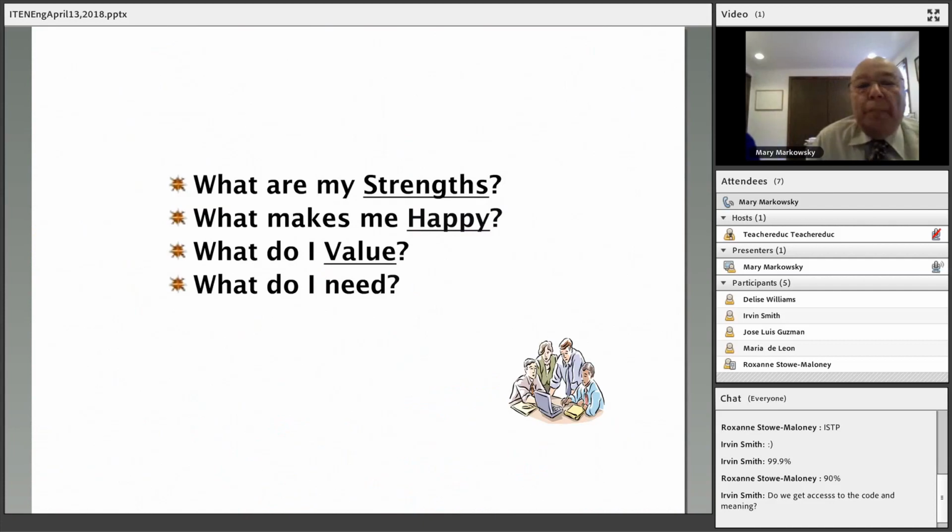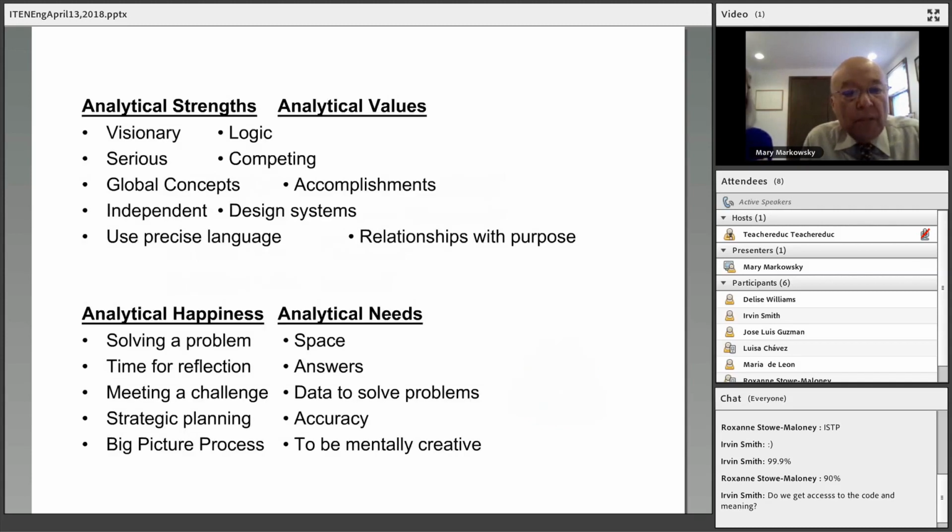The activity before that we did comes with this activity also, that we take all the people who did their personality, we separate them by personality in groups, and it's their predominant personality. They work in their predominant personality, and they tell us what are their strengths, what makes them happy, what do they value, and what do they need. After the exercise is over, they all stand up and present the characteristics of their primary personality. Remember, we all have 4 personalities, but we have one that is very strong, and that's the one we work with, because the other 3 really fall into place when you do that.